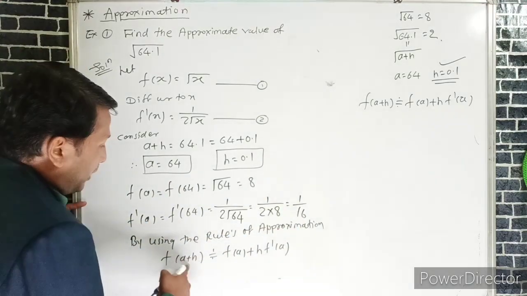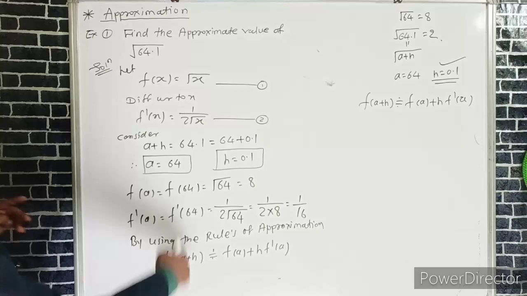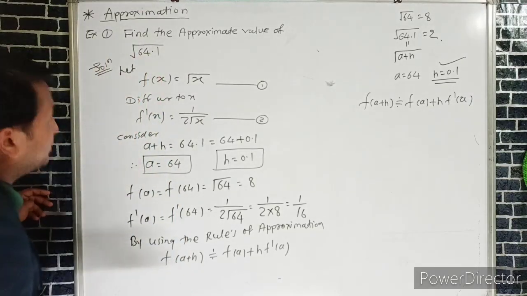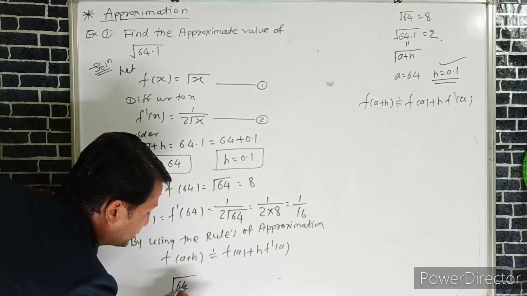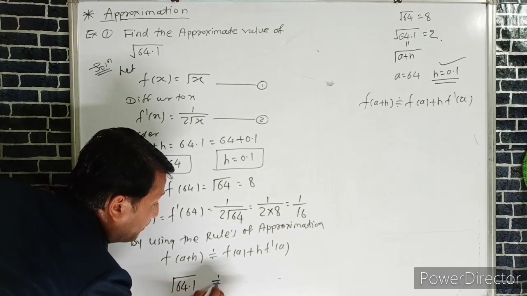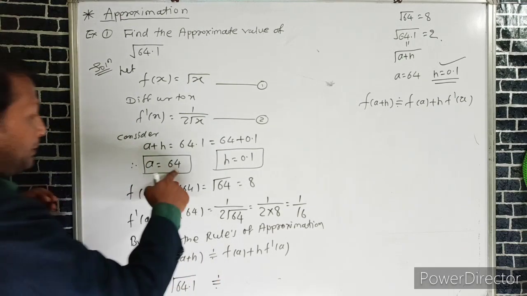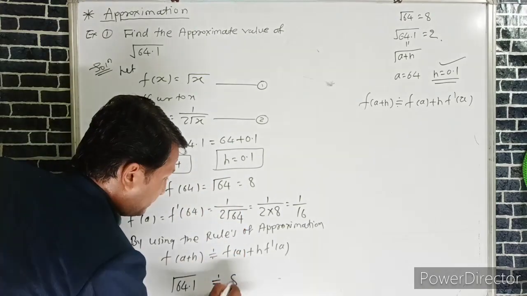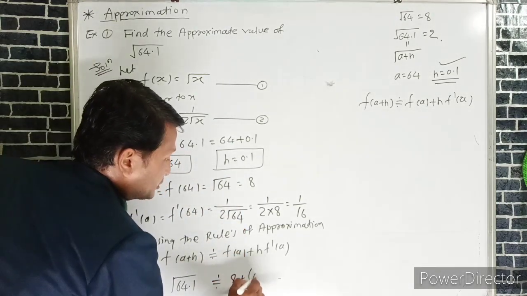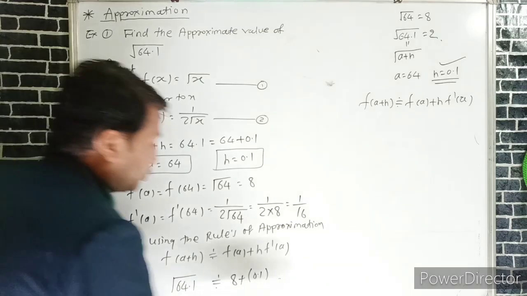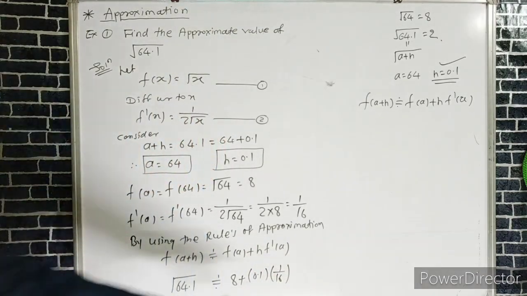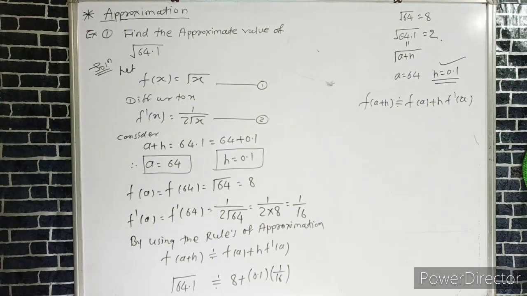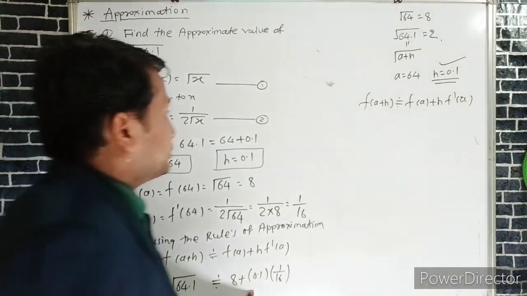So f of a plus h, the whole function f of x is under root of 64.1. The value of under root of 64.1 is approximate to f of a, meaning 8, plus h, meaning 0.1, into 1 upon 16. The value of 1 upon 16 is